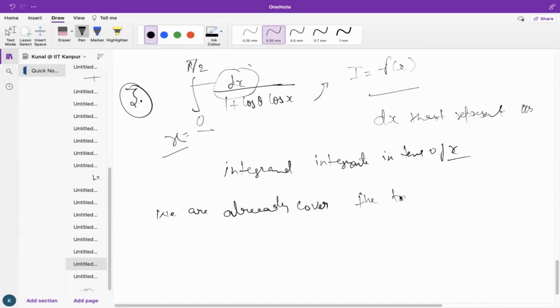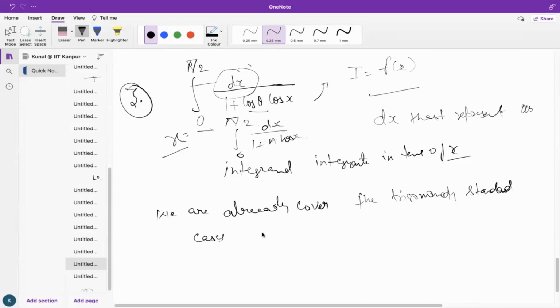the trigonometry standard cases, right? Basically, here the cos theta is treated as a constant part. We can write this integration as integral from 0 to pi by 2 dx by 1 plus a cos x. You can write. And we read in